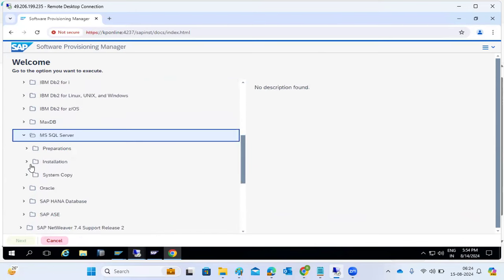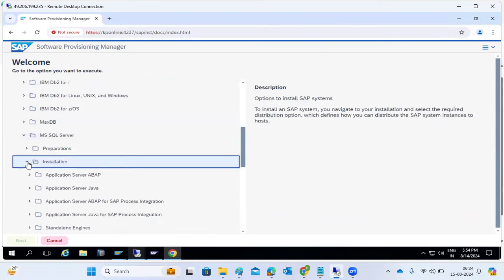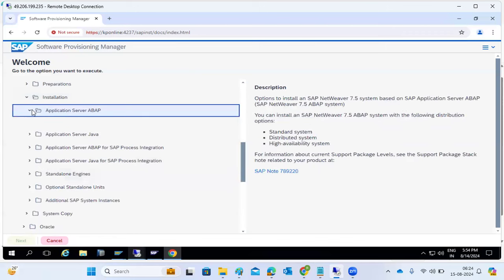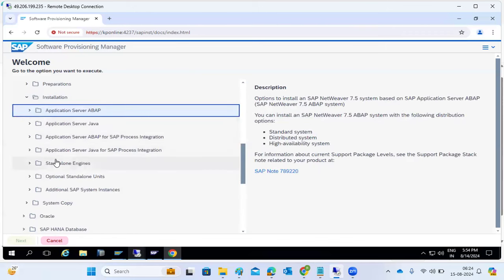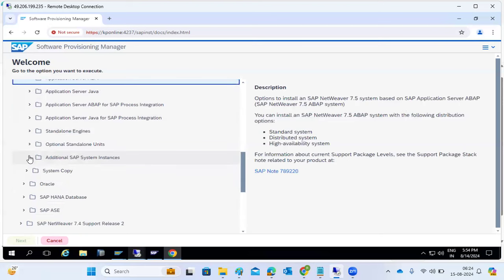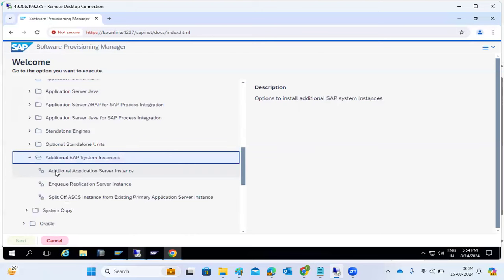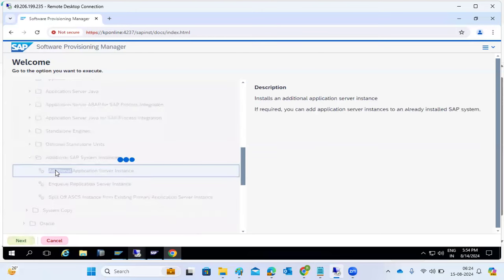Same database, you can select it, right? Installation. In the installation, you see the additional SAP application server instance, right? Normally during the installation time, you use the application server ABAP installation, right? That is the standard. But after that, if you want to additionally use an additional application server instance, that time you can use the